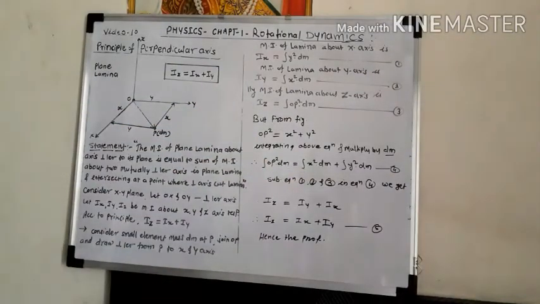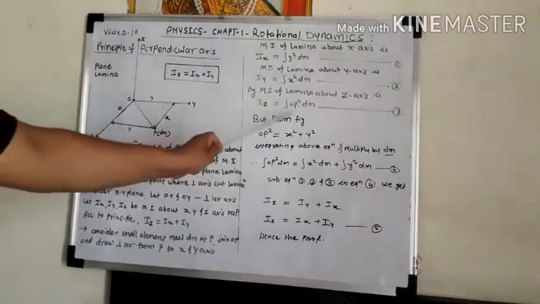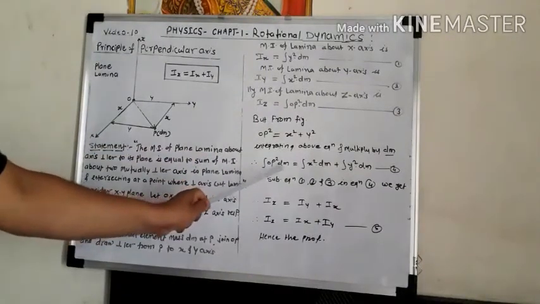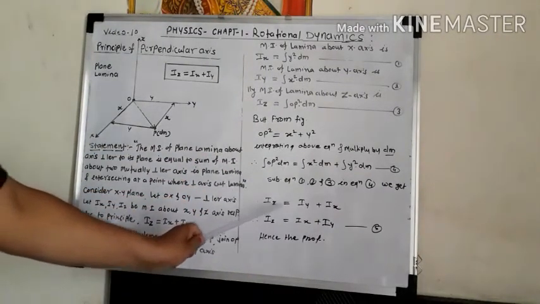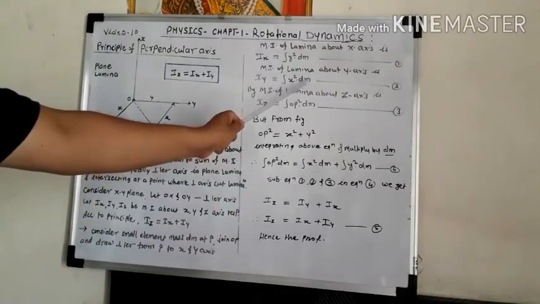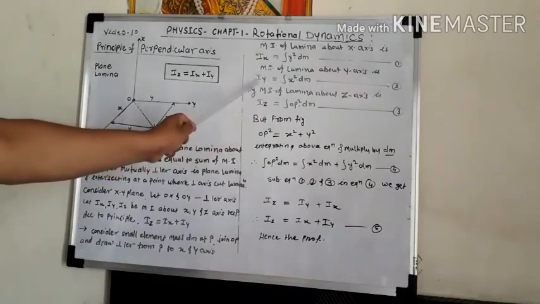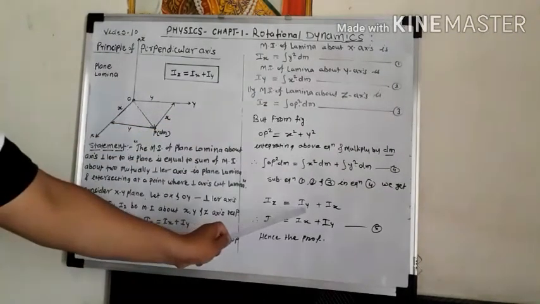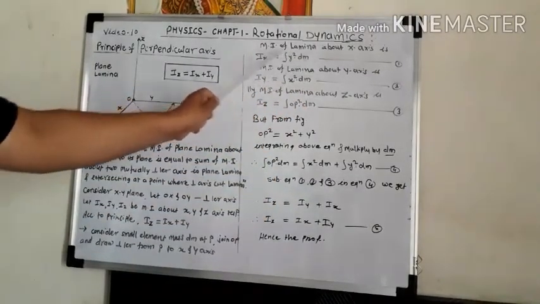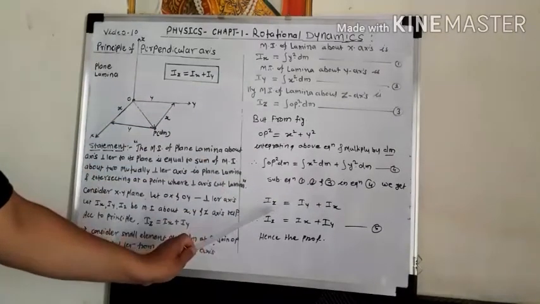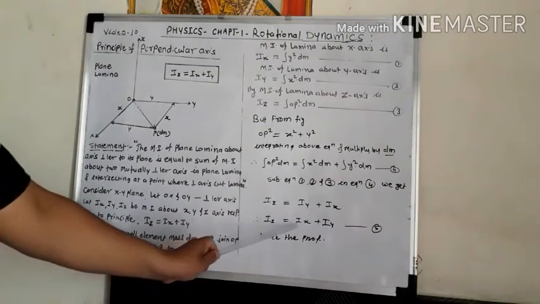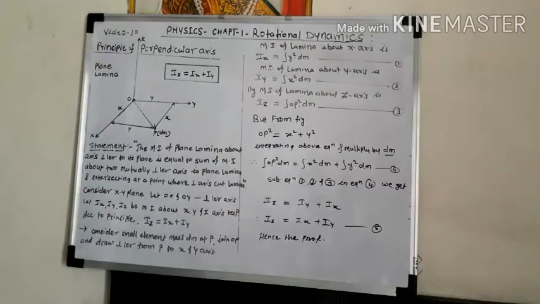Then we get, what is OP square dm? In equation number 3, the integration of OP square dm is nothing but Iz. Therefore, instead of the integration of OP square dm, we can write Iz. Again, the integration of x square dm in equation number 2 we can write as Iy. Therefore, Iz is equal to Iy. Again, the integration of y square dm in equation number 1 is nothing but Ix. Therefore, Iz is equal to Iy plus Ix. Also, we can write Iz is equal to Ix plus Iy. This is equation number 5.